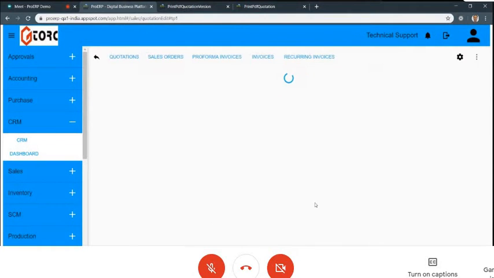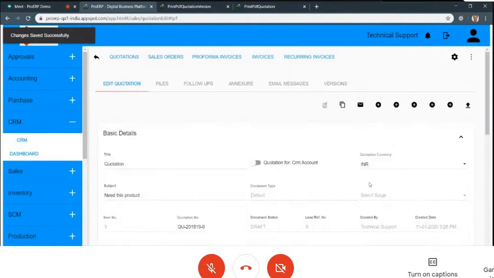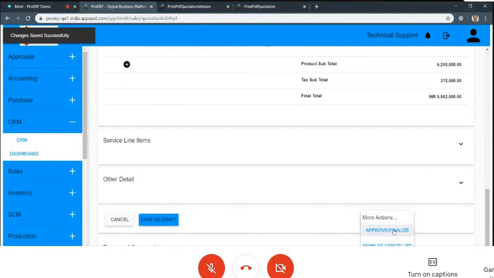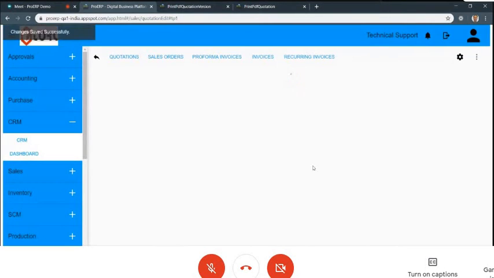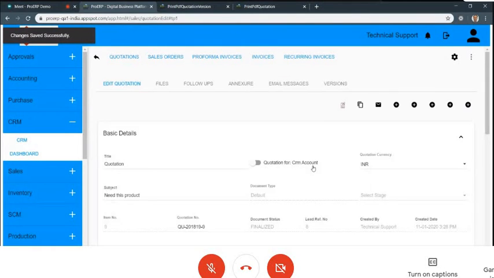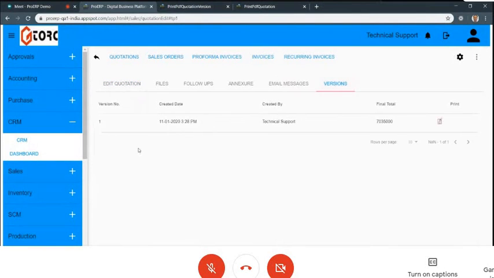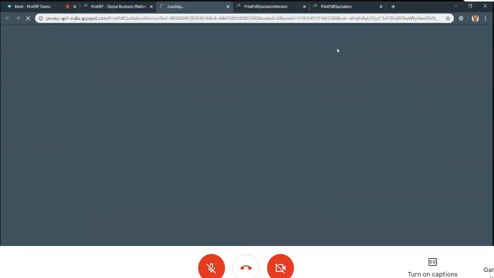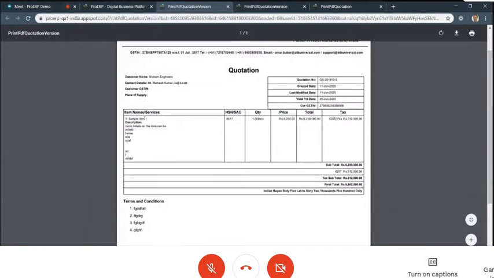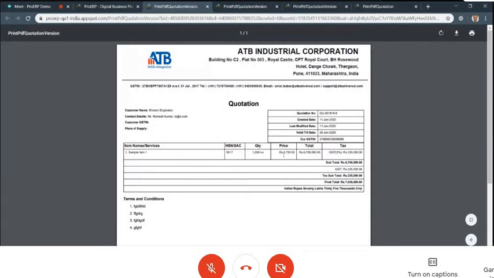So again, I save as a draft, and at some point I finalize and send it to the customer. And now of course behind the scenes the system will track this as another version with a different price. And if I print this version, I will see the latest, with the different price total. And if I go and print the older version, you will see the older price. So this has the proposal, everything in it.